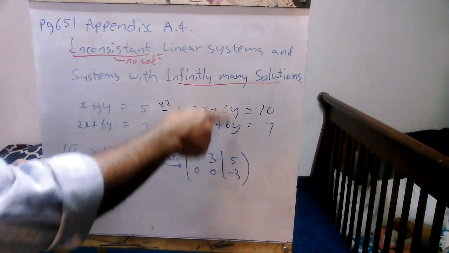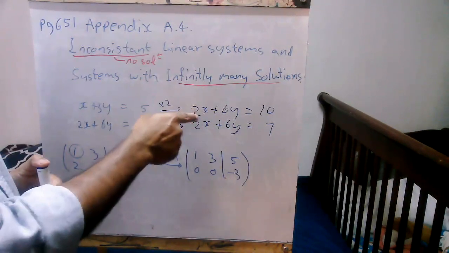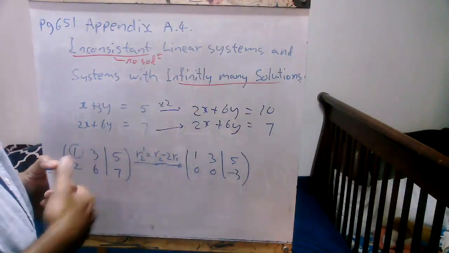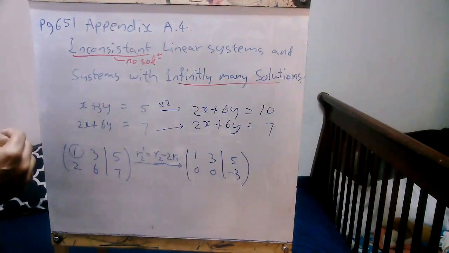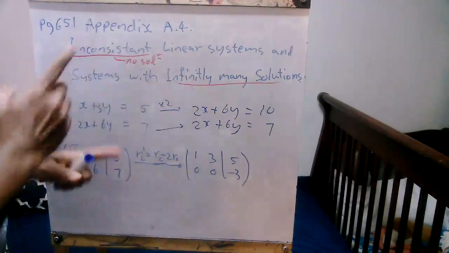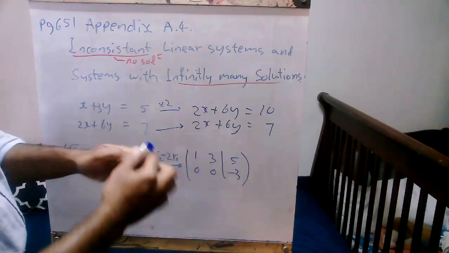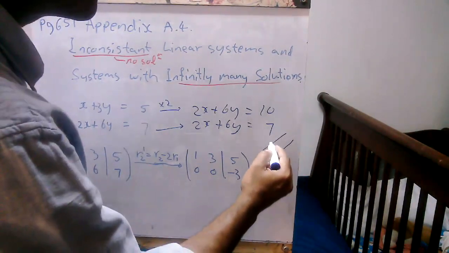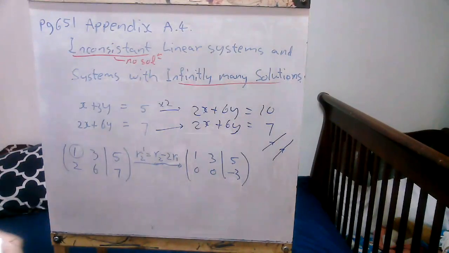If you solve these two equations for y, you will see they both have the same slope but different y-intercepts, which means they are parallel, which in turn means they never intersect, therefore they have no solutions. They go parallel to each other, right? They are parallel so they never intersect,